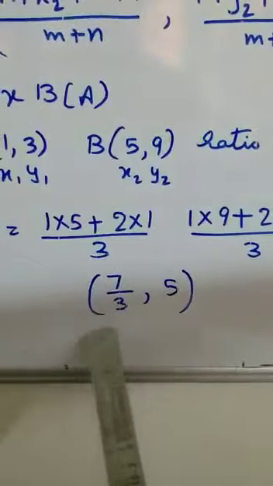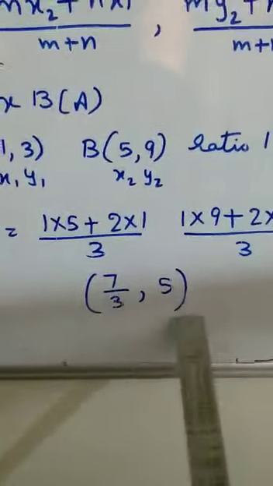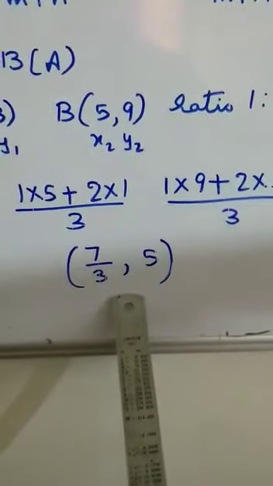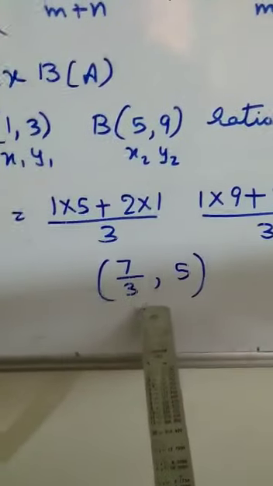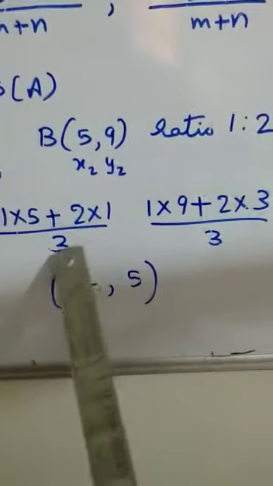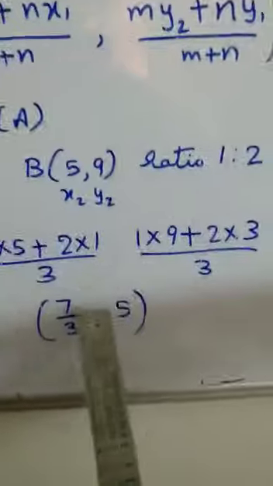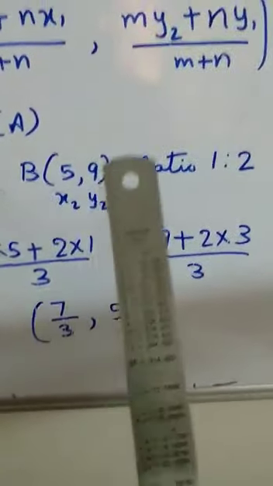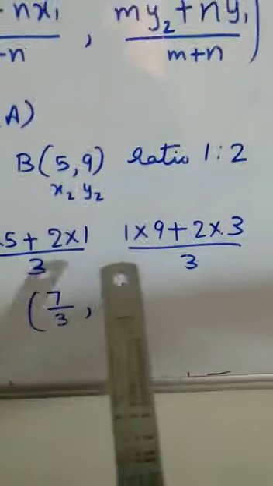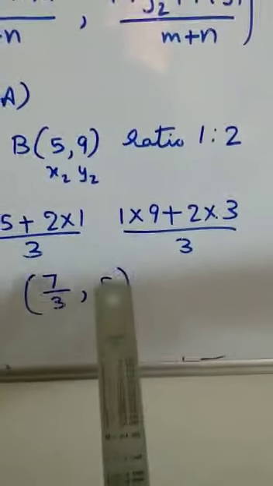So we have to write it in bracket form. My answer should always be to the given question, otherwise you don't get the answer mark. They didn't ask us to find this a and b. They asked us to find the coordinates. So the coordinates are 7 upon 3, 5 in the bracket. Always read the last sentence of what they have asked and then write your answer to get that answer mark. Otherwise you'll not know where your 1 mark has gone.